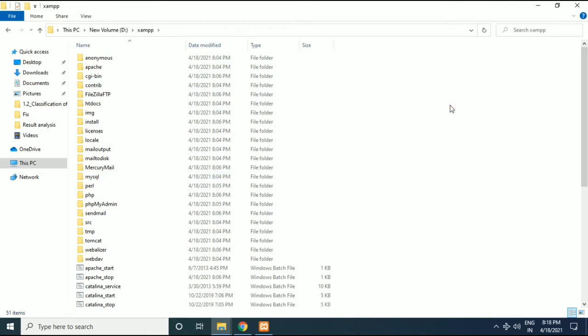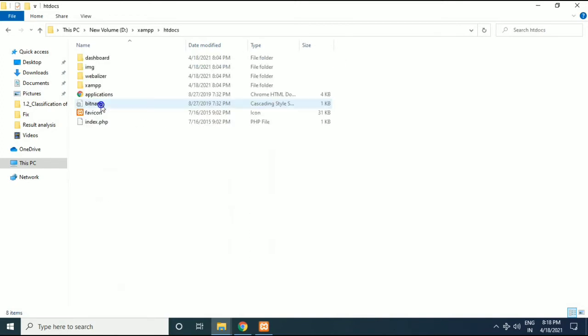The important thing, you can see the root directory of your XAMPP web server. So friends, all your PHP files you have to save within this directory, and the name of the directory is htdocs. This is the root directory for XAMPP web server. So whenever you request any file from this server, it will first of all search within this directory.